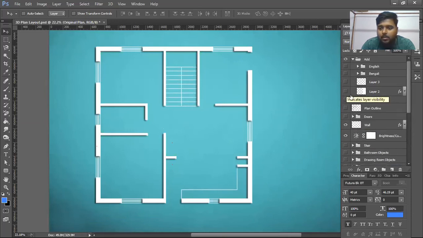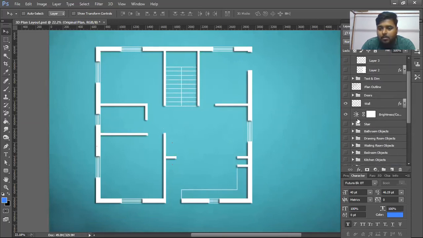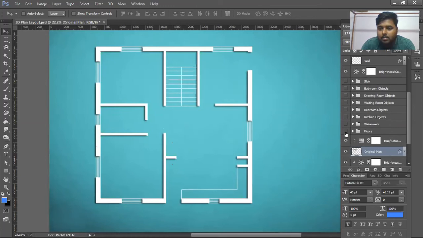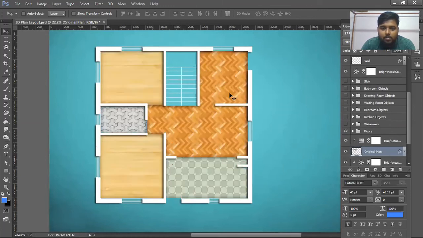Okay. Then we have the floors, different floors. You can edit this and put it as you want. Like you can provide tiles, like as I provided in the bathroom and kitchen portion. Then you can provide wooden floors or any kind of floor you want.